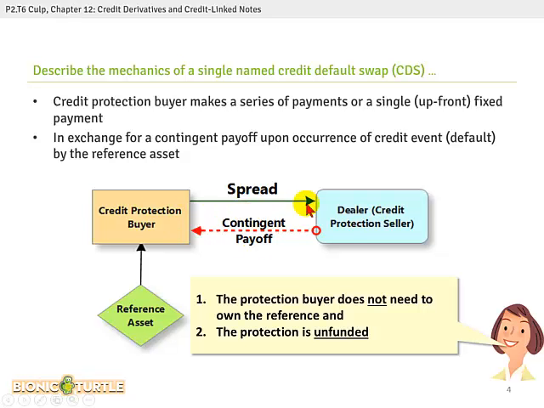Credit protection buyer makes payments in exchange for contingent payoff, so that the credit protection seller may or may not be making this payoff to the buyer. It depends on whether there is a credit event, most typically a default, but there are other types of credit events. So the credit protection buyer is in an economic manner purchasing insurance on whether there is default on the reference asset. If that event does happen, the credit event, then they'll receive the contingent payoff from the credit protection seller. So you can see how the credit protection seller is economically